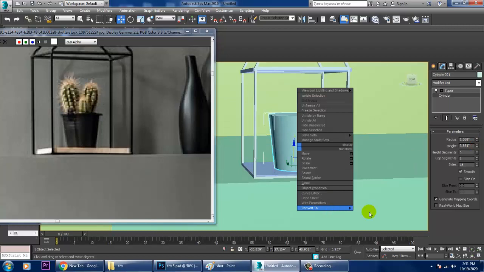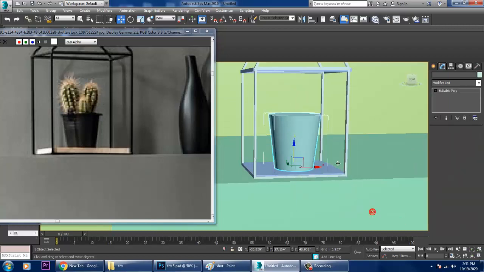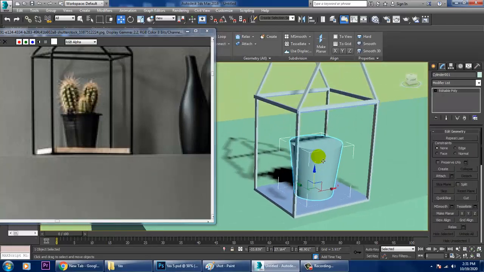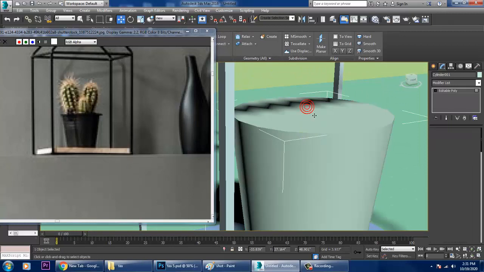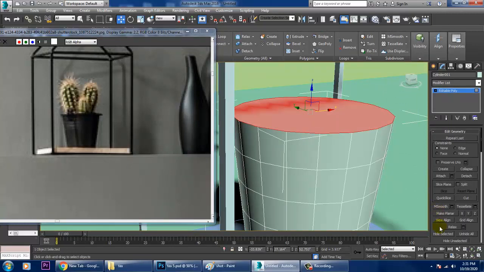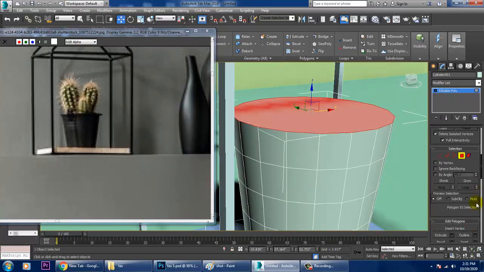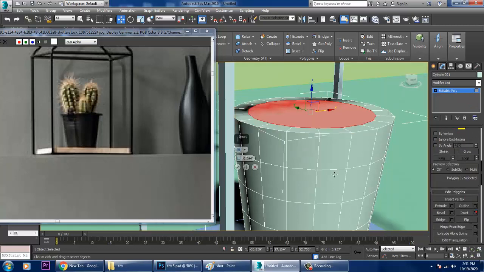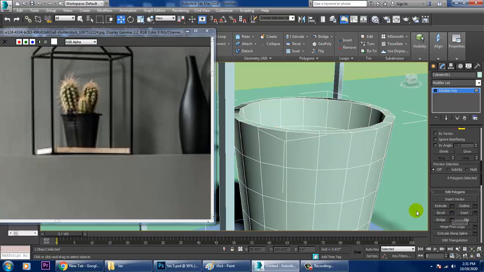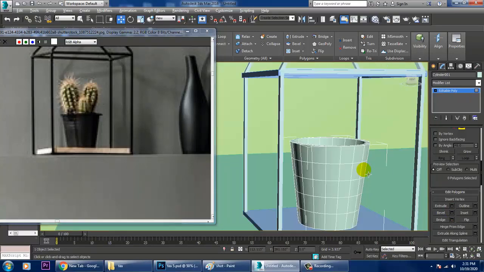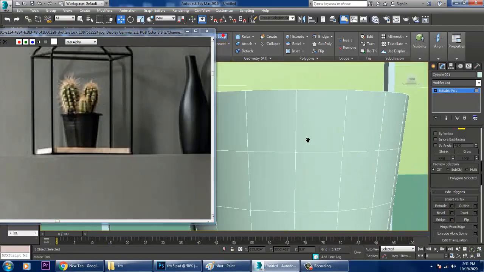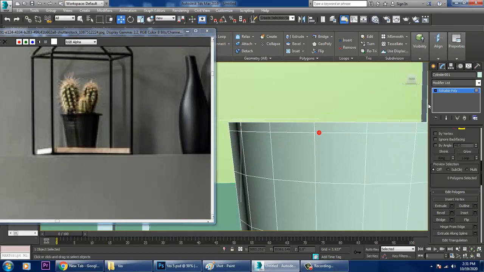Convert to editable poly, select this, inset it, and you can delete it if you want, no problem. Let's again use one more swift loop over here.